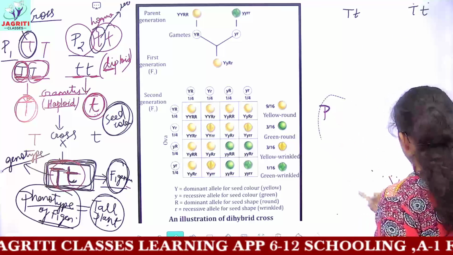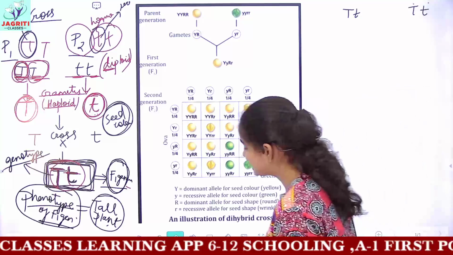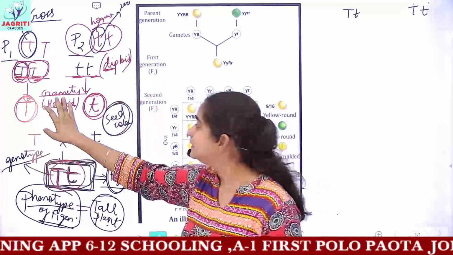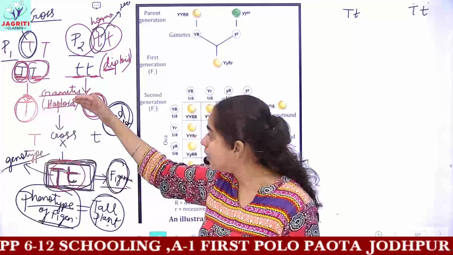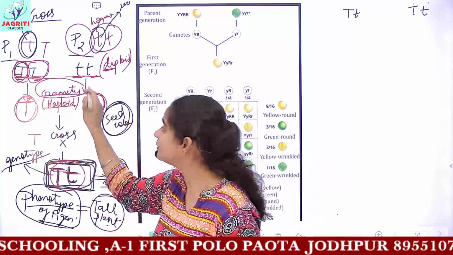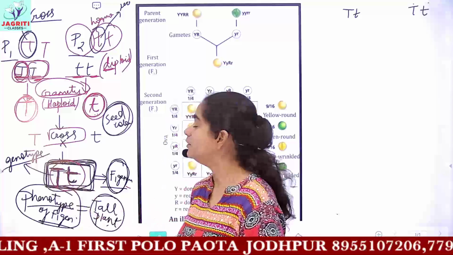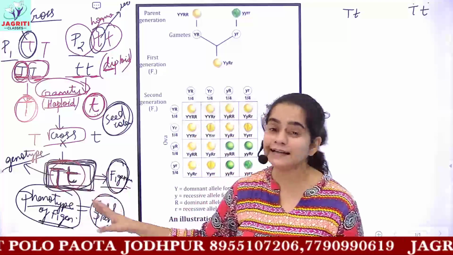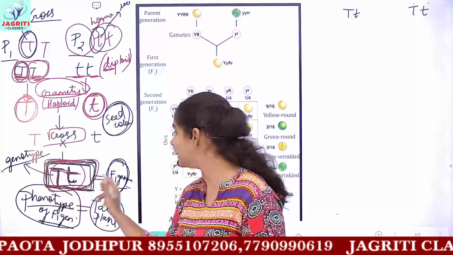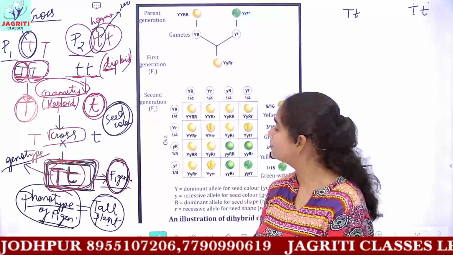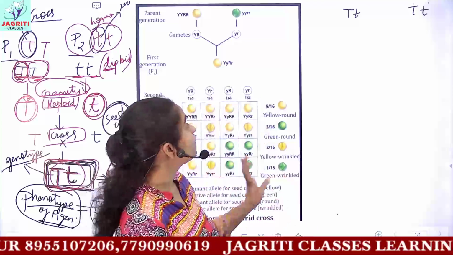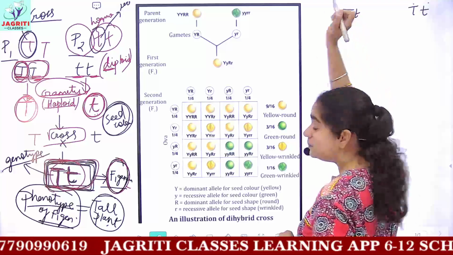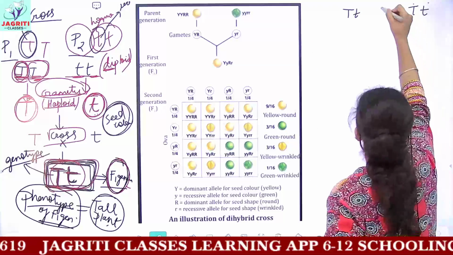Now we were discussing the basic phenomena, how to perform a cross. We took the parents here. Then we had the formation of gametes. After the formation of gametes, you perform the cross, and you get the genotype and the phenotype of F1. That is, the offspring which you obtain here are called the F1 generation. After getting F1, what are the further steps? You take the F1 generation, and these F1 generation behave as parents now. And now we self-cross them.